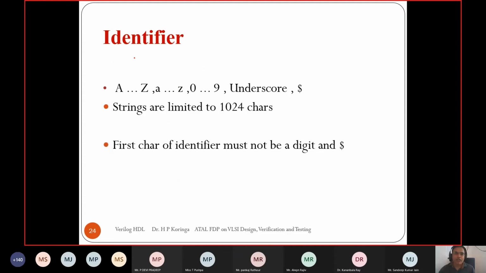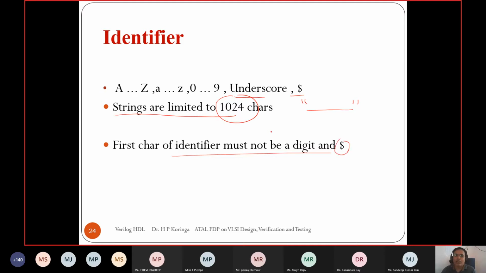The identifiers support all lowercase and uppercase alphabets, 0 to 9, underscore, and dollar sign. A string is specified between two inverted commas, and the size of a string is 1024 characters. The first character of an identifier must not be a digit or a dollar sign.